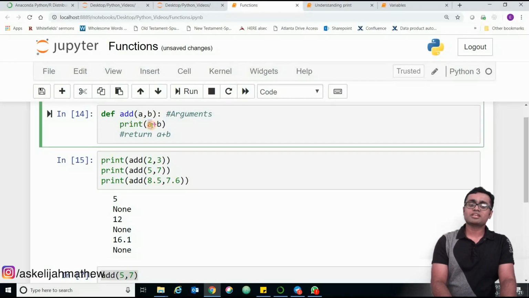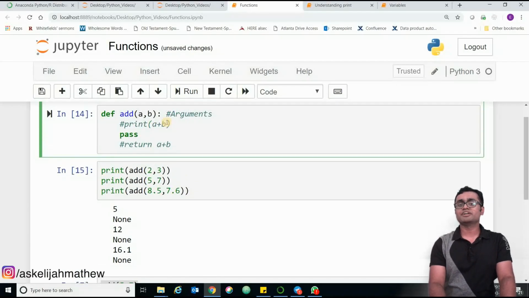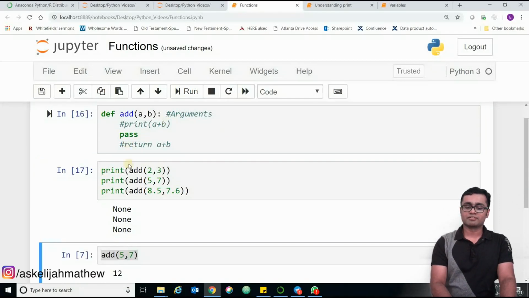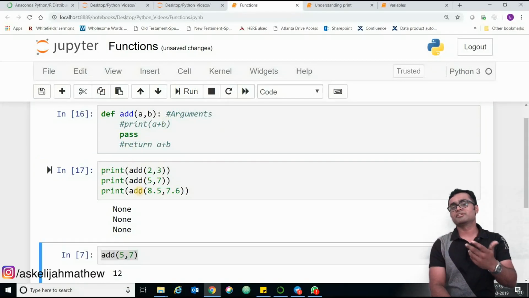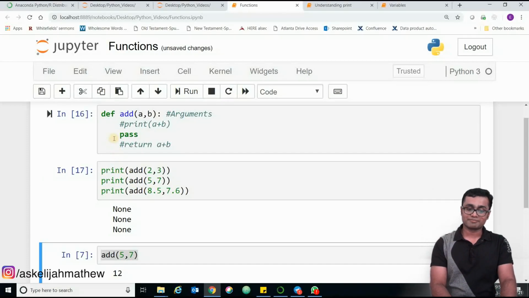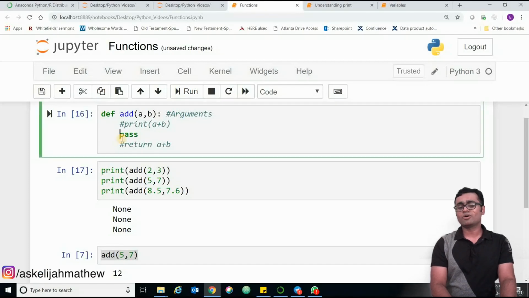What if nothing was done? Even the printing, not the return, but I defined something called pass. What is the meaning of pass? Do nothing. The function definition does nothing. But when you call the function, it returns nothing, hence it prints what? Nothing. Is that clear? Okay, so with this we understand how the function definition happens and how the function is